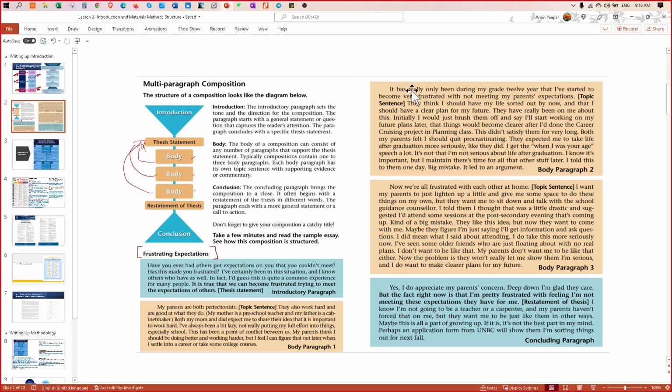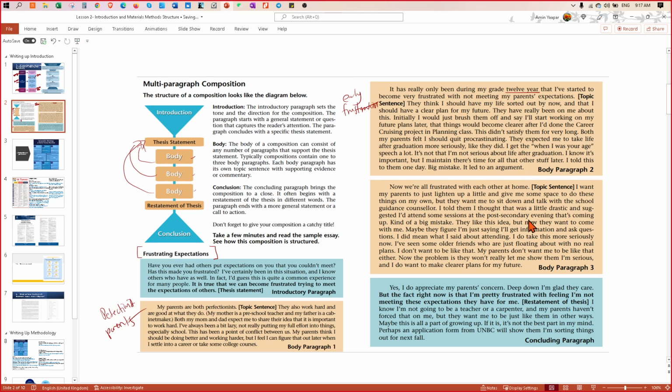And for the second body paragraph, what is the topic sentence here? See, this example always talks about the topic sentence. This one talks about perfectionist parents, and in this second topic sentence, they talk about early frustration, since the age of 12 years old.